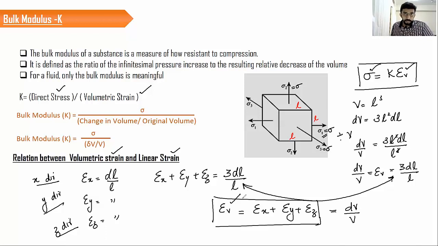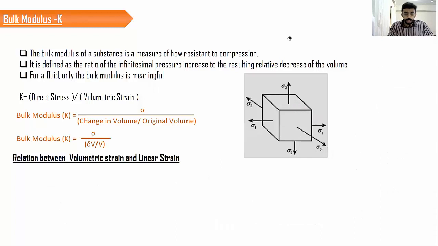This is a very important relation. And don't get confused about this value of L. You may think, what happens if the stress value is different? Don't worry, because whether this value is A, B, C, or the stress values are sigma 1, sigma 2, sigma 3, we know how to find the strain in the x, y, and z directions using Poisson's ratio. So you simply use Poisson's ratio, find the strain in the x direction, y direction, z direction, and substitute it here. That is also valid here. So this is a very important relation that you should keep in your mind. Now moving forward,